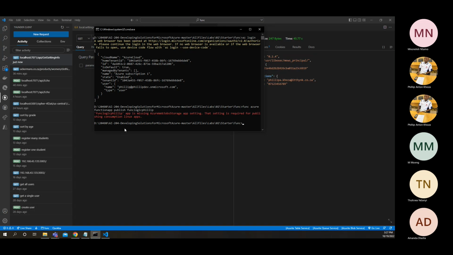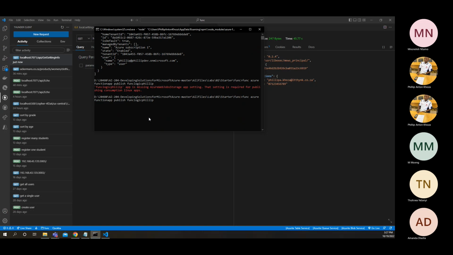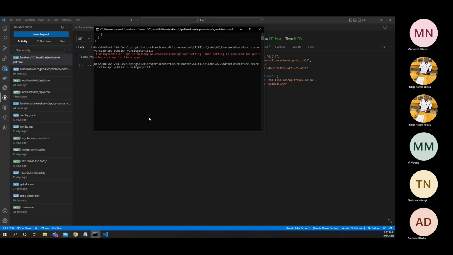As I thought, app is missing Azure Blob Storage app settings. That setting is required for publishing consumption Linux apps. So this is the problem that I think I encountered in the morning when I tried to publish an application, and I tried to